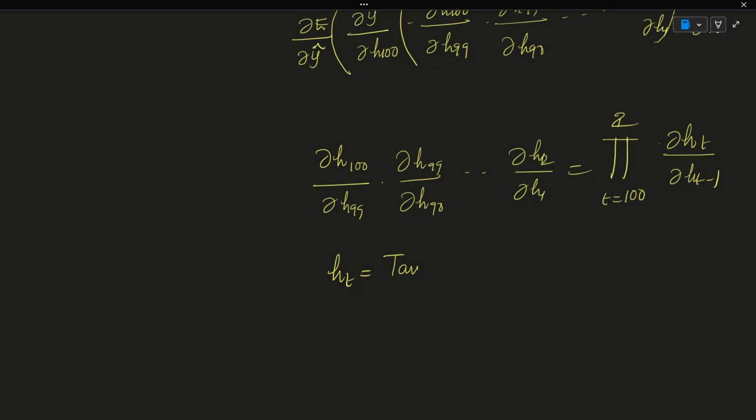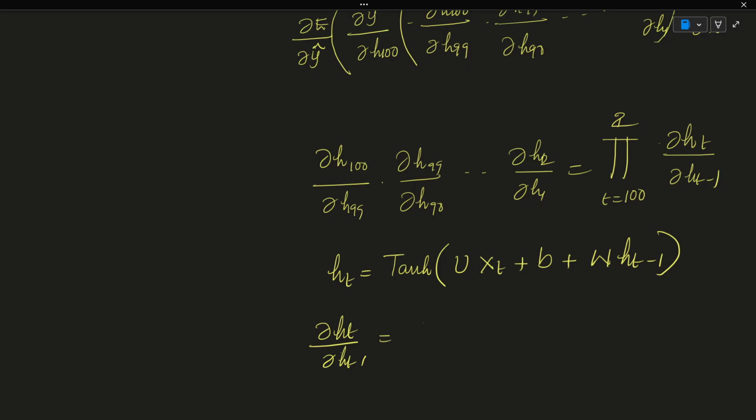If we have the activation function tanh, with vector U and x_t plus the bias plus weight vector W into h_{t-1}, when you differentiate it, ∂h_t by ∂h_{t-1},